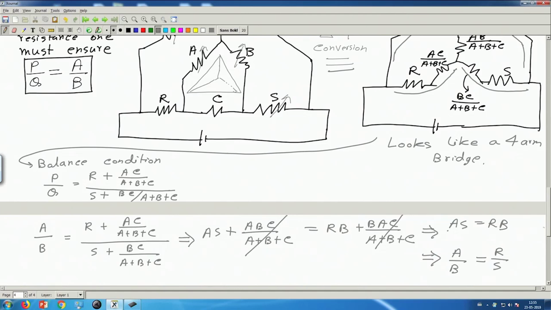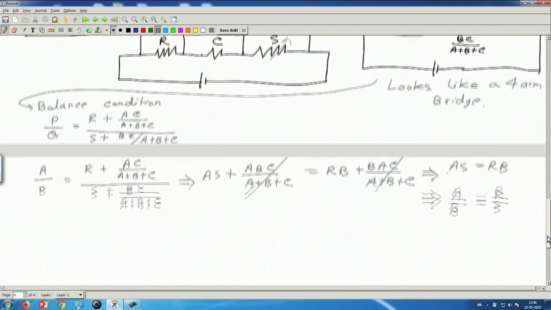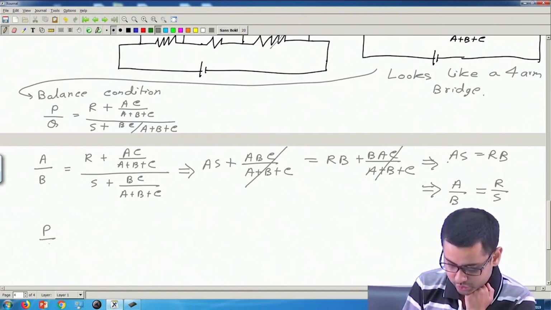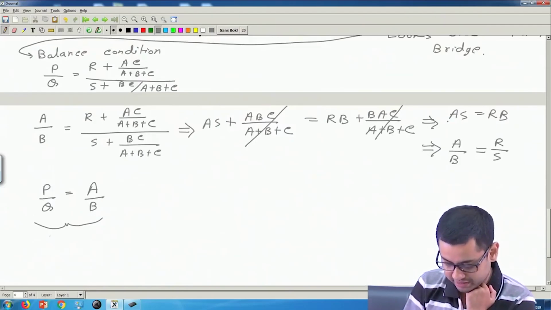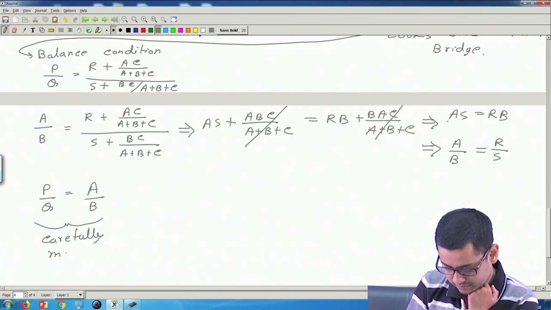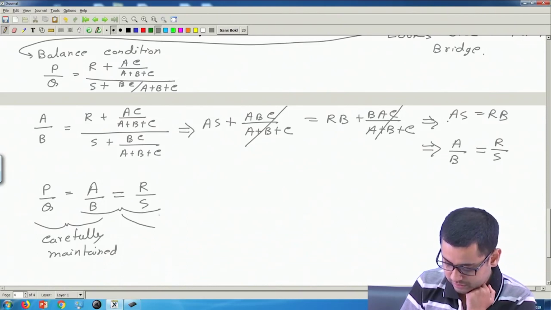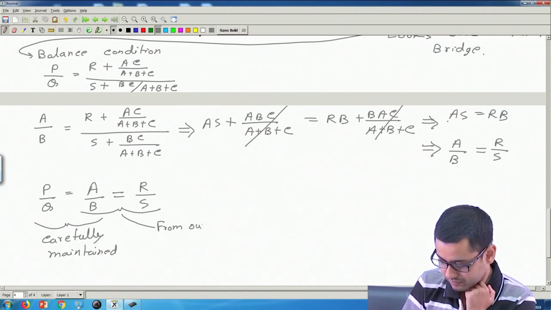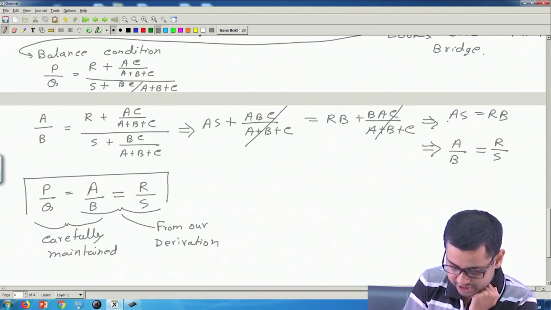We also know that P by Q is equal to A by B. This is carefully maintained, and A by B comes out to be R by S. So this condition is derived from our derivation. Okay. So this is the balance condition